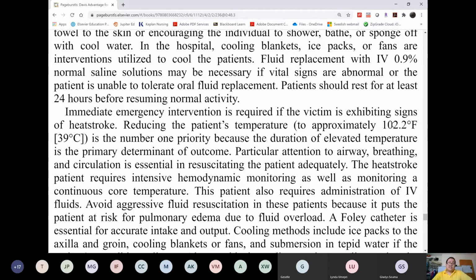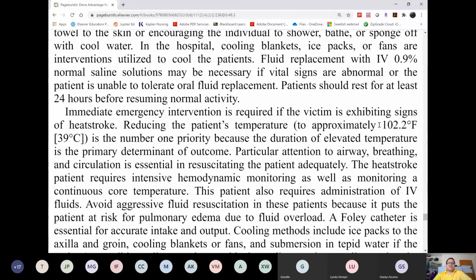Because once we hit here, you will activate shivering now, which is now counterproductive. Because if you continue cooling, but then the patient starts shivering, what will happen to your cooling measures? Because remember what shivering will do. It will create heat. Yeah, it will produce more heat. So once we hit 102, then you can stop your cooling measures. You can now give